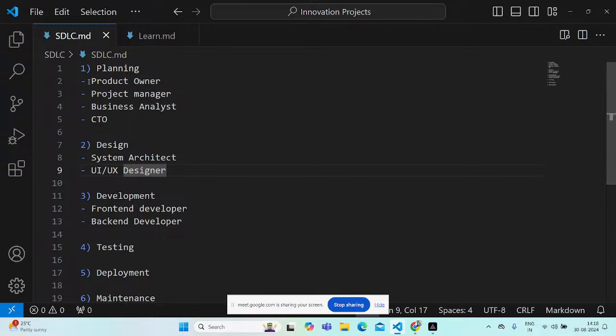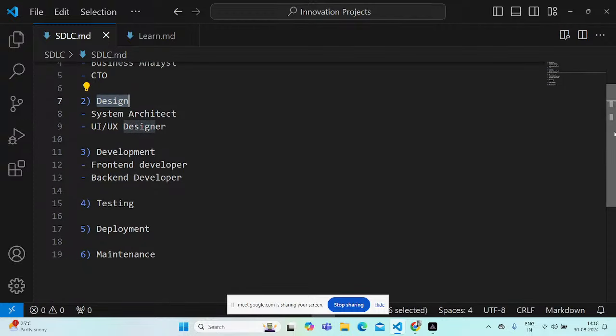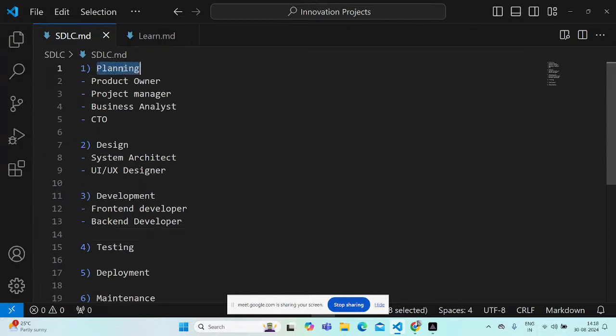Okay, so in this, sometimes people will say 6 stages or 7 stages. But majorly the first one is the planning, then we need to design, and then development, and then testing, then deployment, and then maintenance. Okay, so very good. So in the planning,